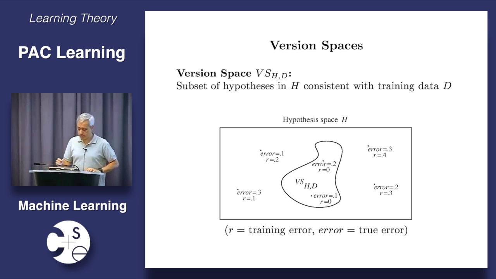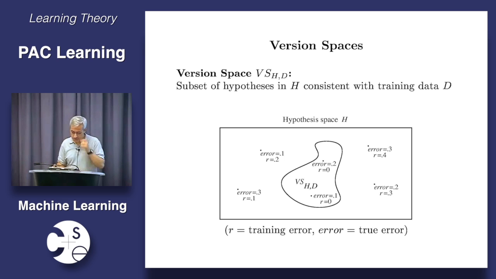Version spaces. Remember when we defined version space? The version space is the set of hypotheses from my original hypothesis space that are consistent with the examples that I've seen so far. When I see a new example, I throw out all the hypotheses that make the wrong prediction for it. And on an ideal day, at the end of the day, I have one hypothesis left in my version space, and that must be the true one. On a bad day, I have 0, and I must change my hypothesis space. On an okay day, I actually have a whole bunch of hypotheses, and then I need to randomly choose between them or average them or something.